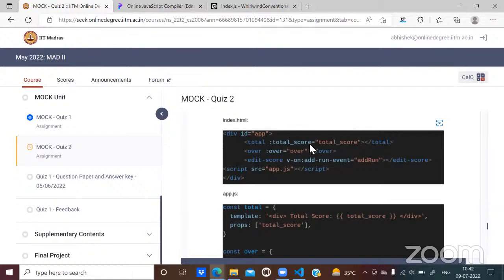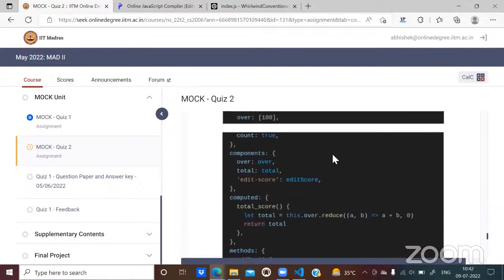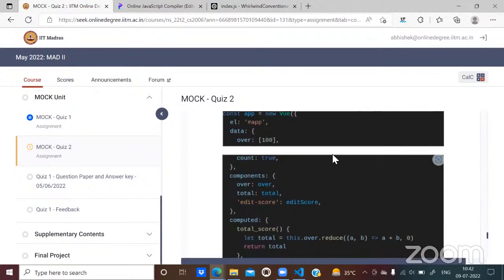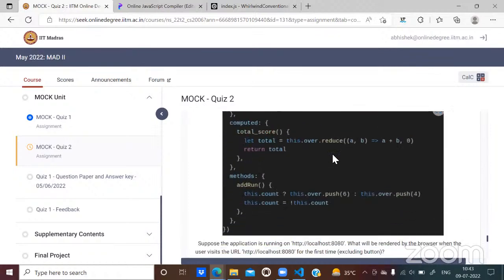Can someone tell me? Total score and over, either they can be Vue data variables. Is there any other possibility that they could be something other than Vue data variables? Computed property. They can be computed properties as well. All right. So total score and over, we need to look at these two.